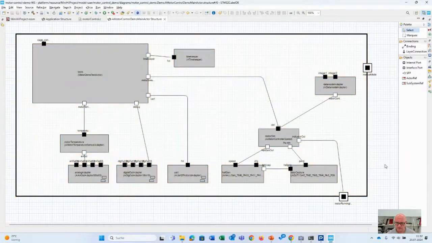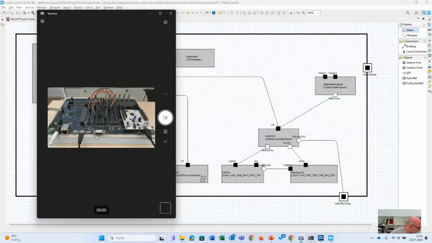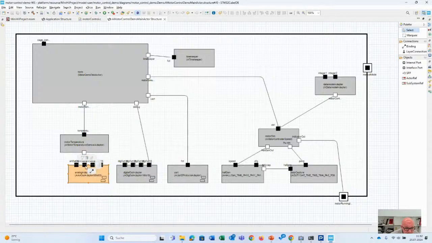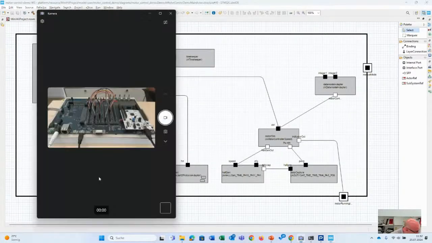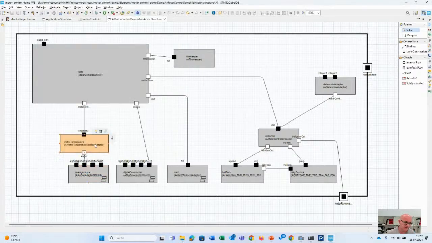So what do I need? I told you before I need IOs. So those are the analog adapters. For example, I have here an analog out adapter that corresponds with this cable here. So it's the digital analog output 1. So this must be the red one here, red cable. And the digital out adapter UART. Then I have a PWM measurement unit, Hall generator for the signals of the BLDC motor, for the sensors, and